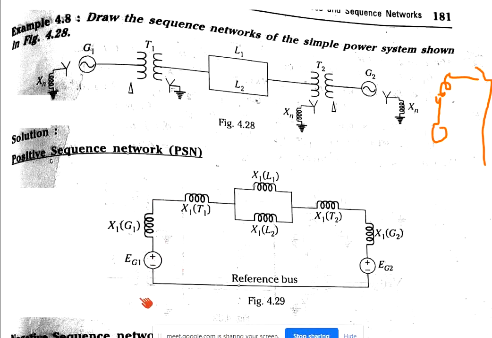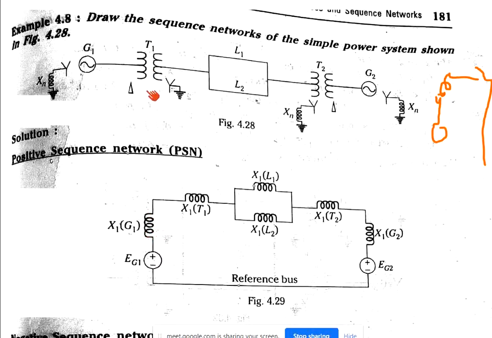Why did I use the positive sequence network? Because for a symmetrical wound generator, my generator produces only the positive sequence component of voltages. So I use EG1 here. You can write EG also, because EG1 equals EG2 equals EG0, right? So EG1 I can use here. So the reactance of the generator is X1. So I represented it as X1, this is the X1 reactance of generator 1.